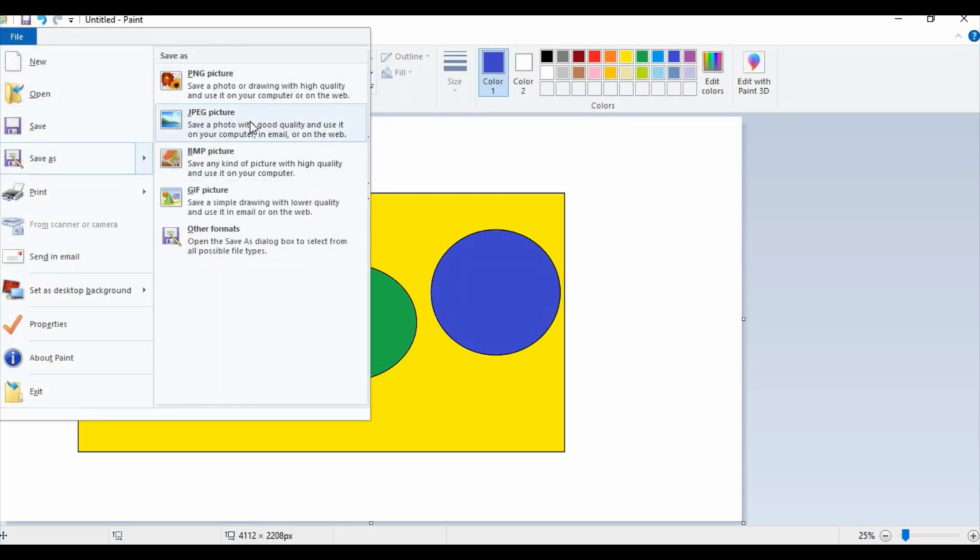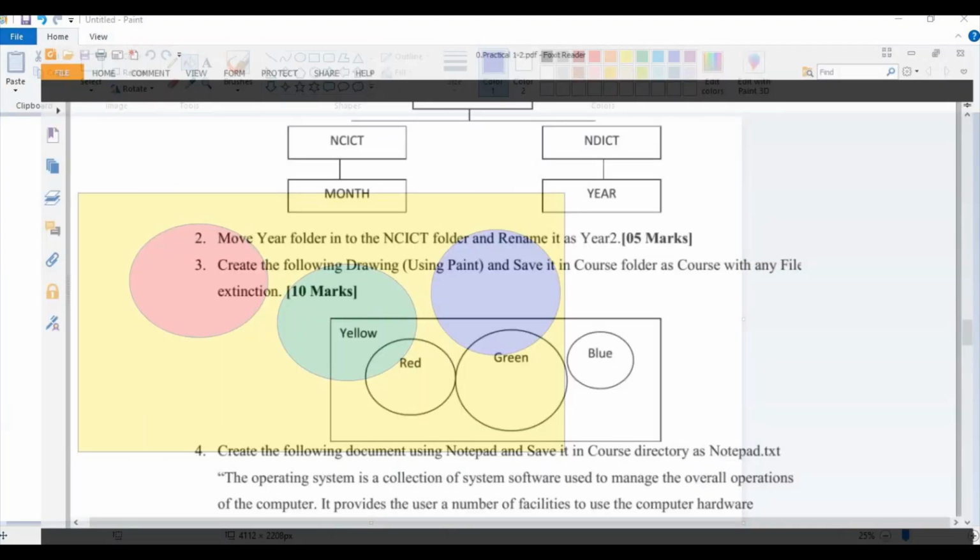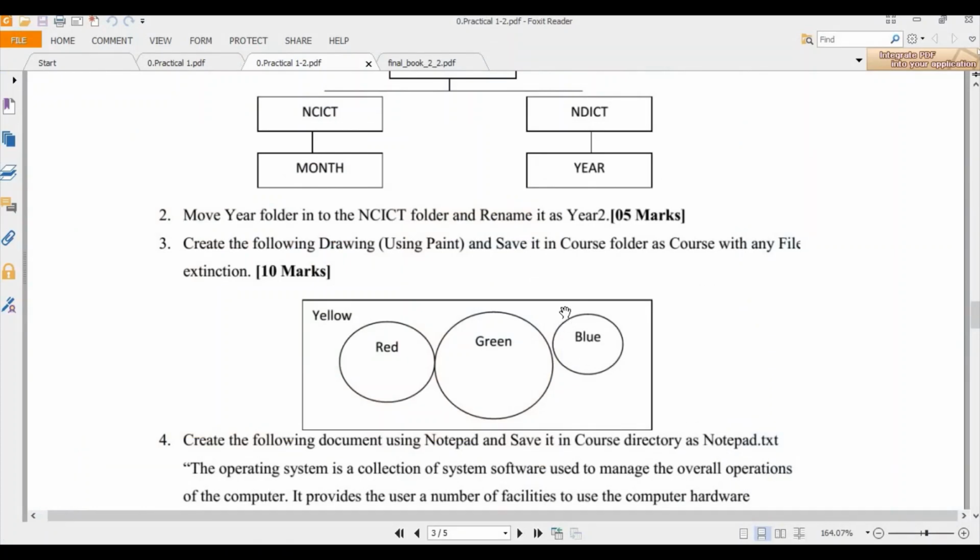I am going to save this as a JPG file. So where do I want to save it, we'll see. The drawing should be saved in the course folder as course with any file extension. So inside the course folder we want to save it.